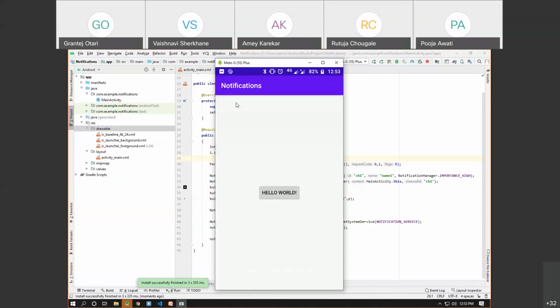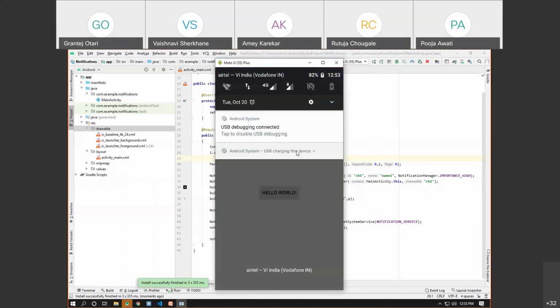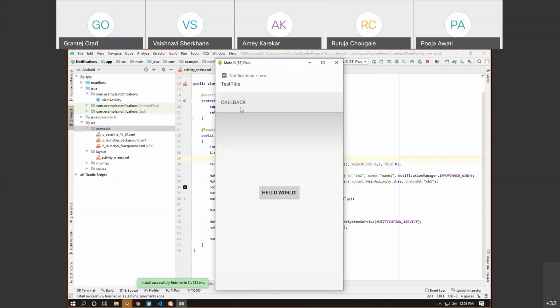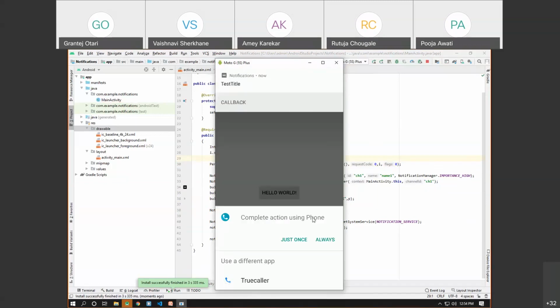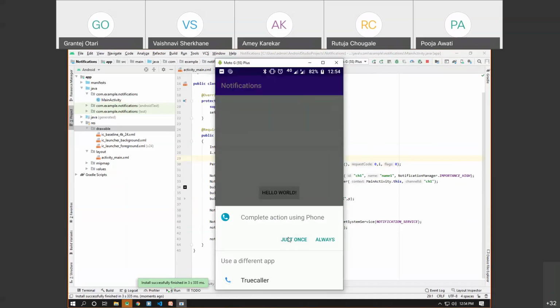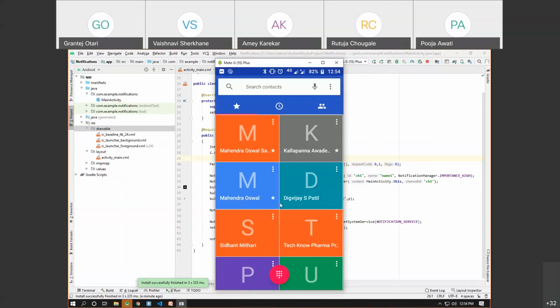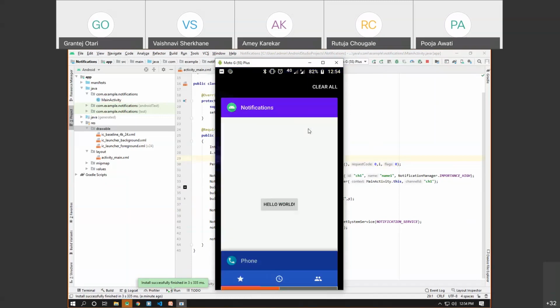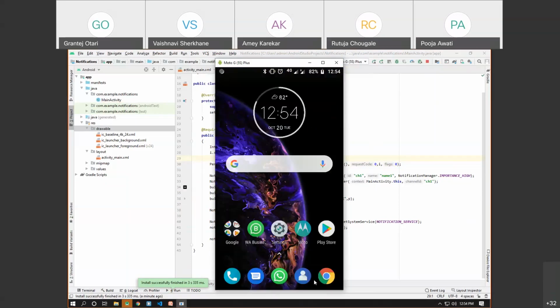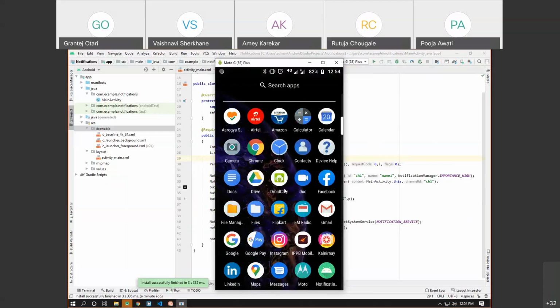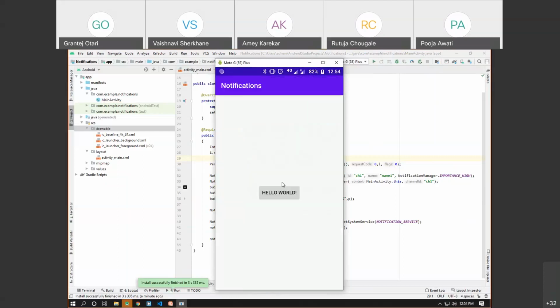And if you click on the callback now, you can see it's launching the dialer. So if I click just once, it will launch the dialer. So this is how we can basically perform the various event handling with the pending intents.